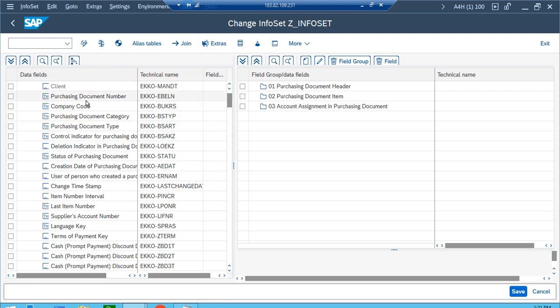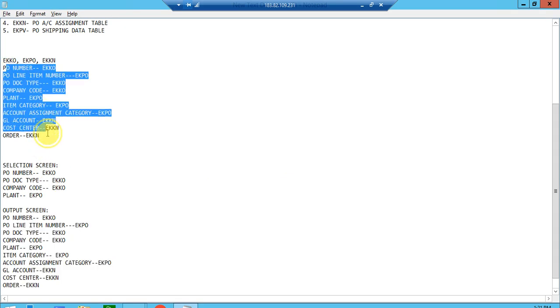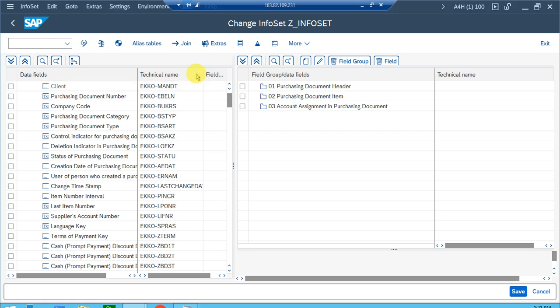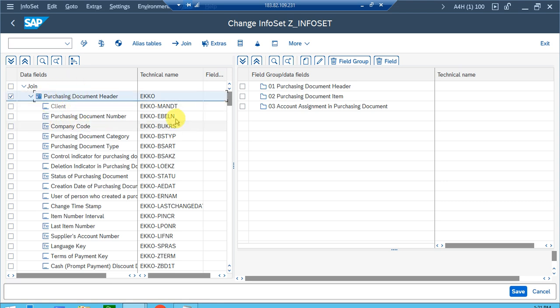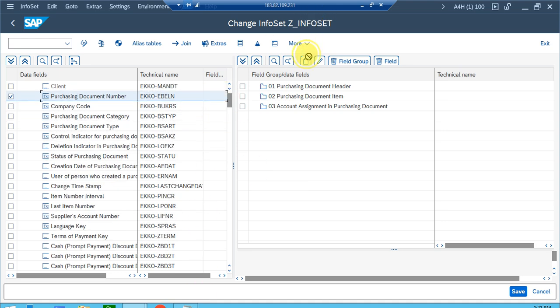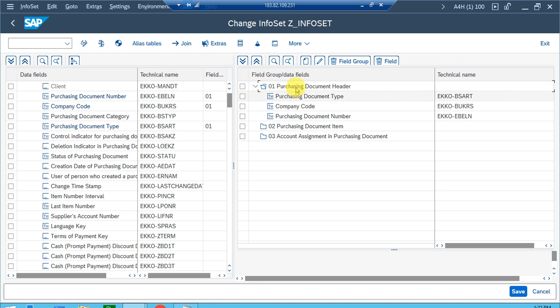the infoset screen, as the business confirmed they want all these fields, we will need to select all these fields in our infoset. So from the header table, they confirmed they want the purchasing document number field. So we'll just select this field and drop it into the purchasing document header group. Then they confirmed they want the company code field also, and the document type field also. So this is the document type field. So here if you expand this field group purchasing document header, it will show purchasing document type, company code, and document number,